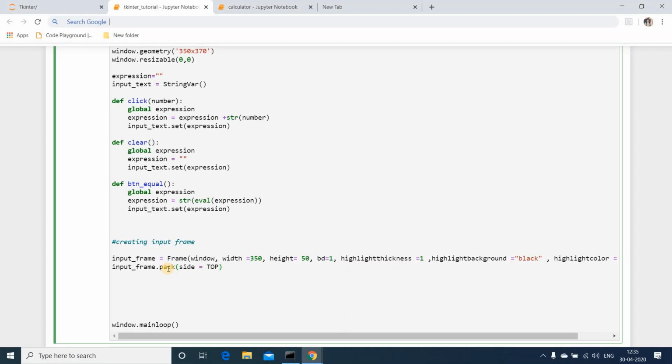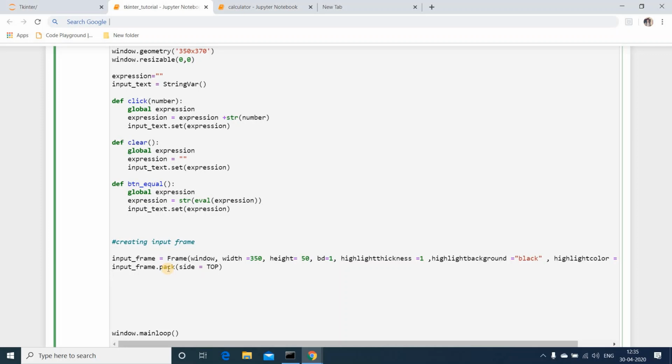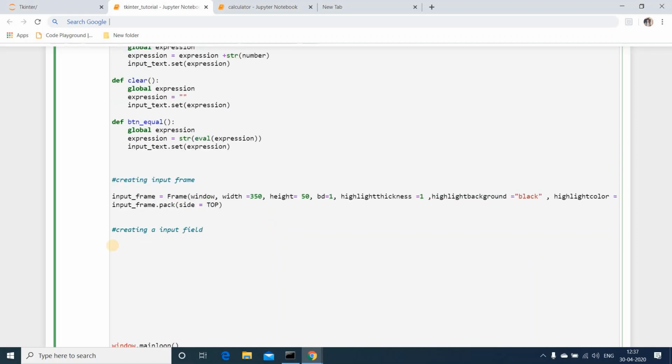Okay, this is our input text area, and the next part is we have to create an input field inside this input frame. Now we'll be creating the input field.